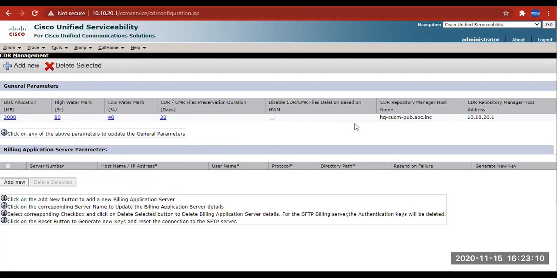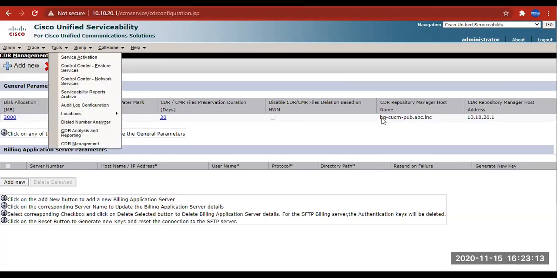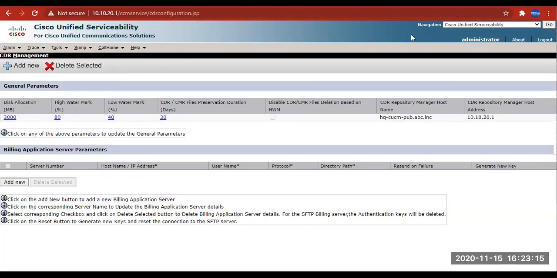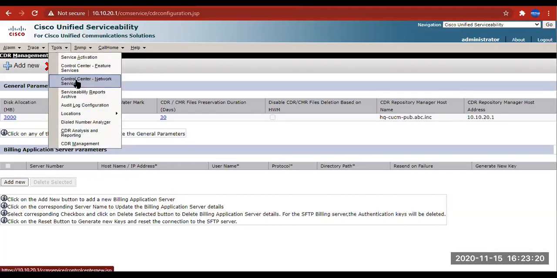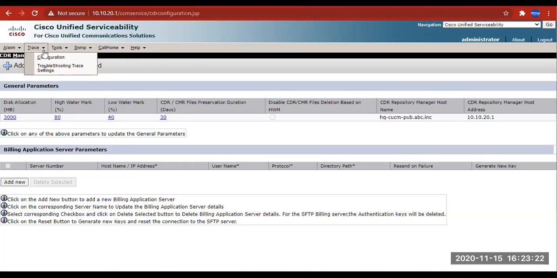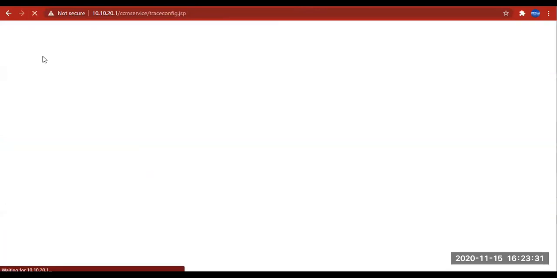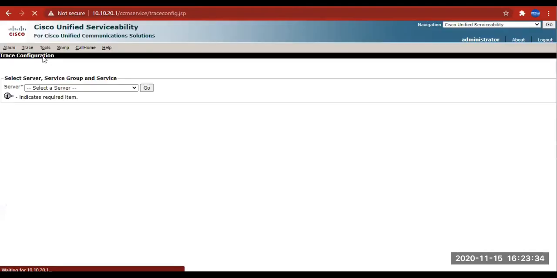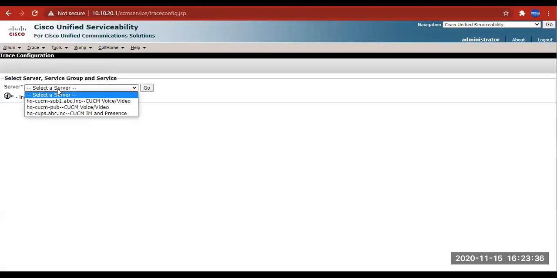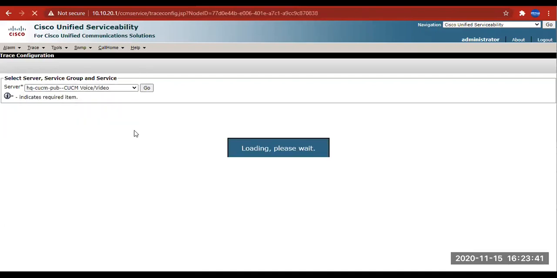There are other parameters that I really don't want to discuss for now, but my main purpose was for you to take a look at the serviceability options and explore, right? The other important item here is the trace, which is pretty important. And you as an administrator, like I said, will have to come down here in order to troubleshoot something pressing, to trace, make sure that the desired services are being traced